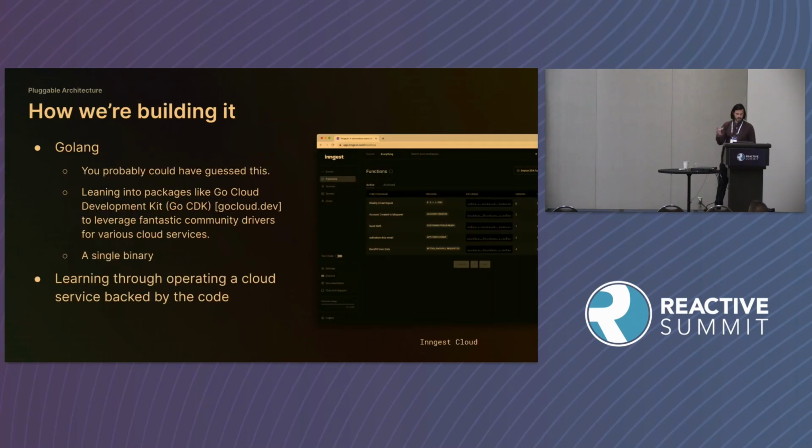So how we're building it. For those interested in the code, we're building it using Go. You probably could have guessed this, but we are leaning into packages, things like the Go Cloud Development Kit, so that we can just roll with amazing community drivers and switch between all these underlying things. So we're not reinventing the wheel there as well. We're also taking the approach of learning how to scale and all the failure modes of the system by operating a cloud service that uses this code as well. So we're using the same thing so that we can understand how to build this, what features people need,